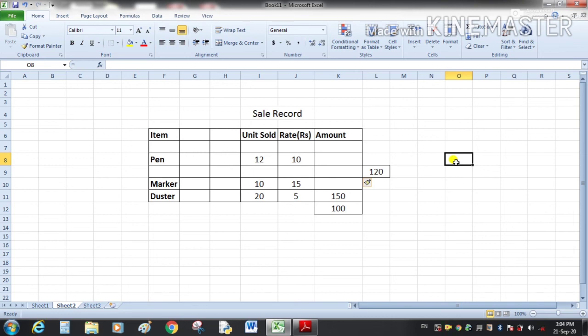Students, so this was all about creating a formula and inserting rows, columns and cells in a worksheet. Go through the notes and also chapter or sessions 4 and 5 of this spreadsheet and solve the assignment. Thank you very much, students.